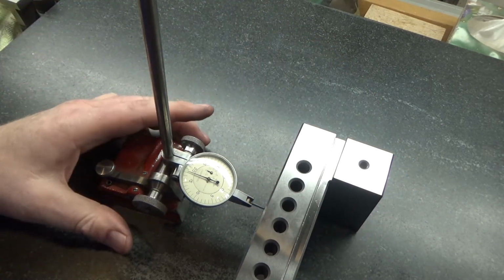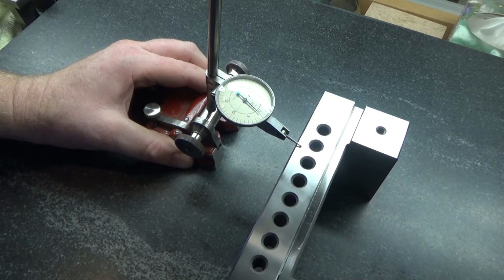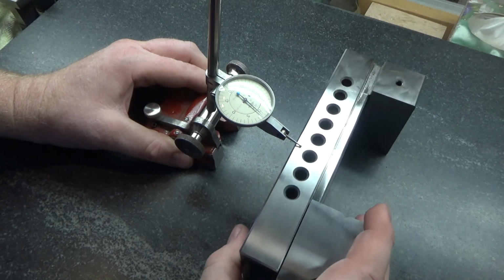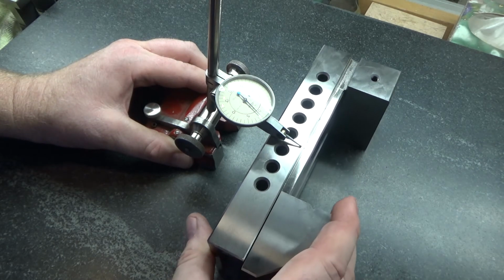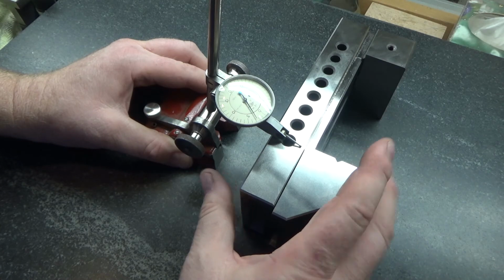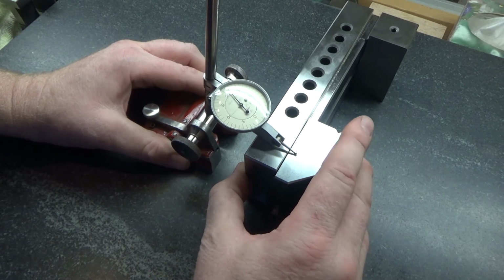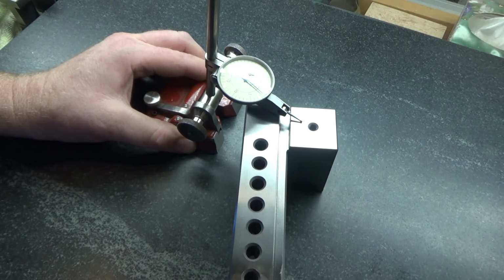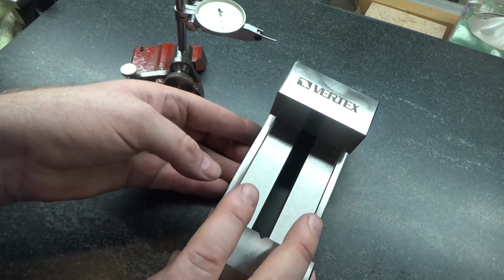Give me a second to set that up. All right, so here's the side, and it is very sensitive, as you can imagine, but within 1/10 the entire length. And just so you know that it's really there, that's fallen off the edge. There you go. Don't have this guy tightened down right now. And actually that one does inset. So there you go, square and parallel to within 1/10, in most cases better than 1/10,